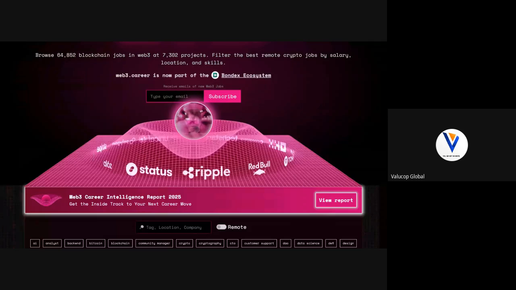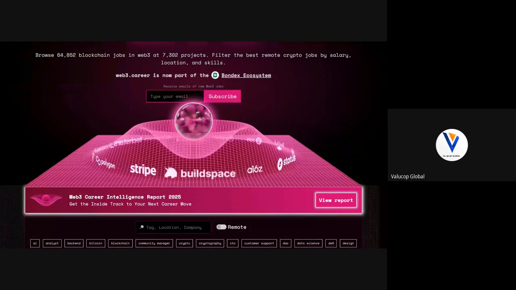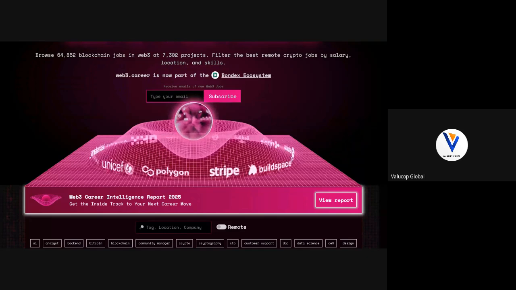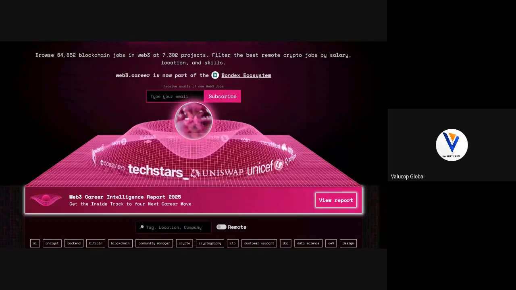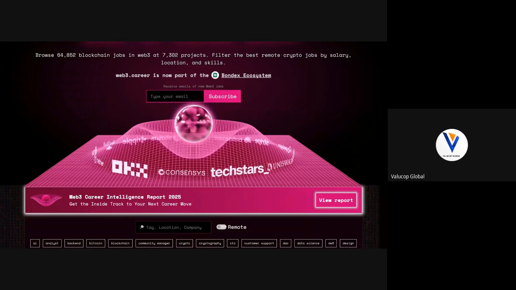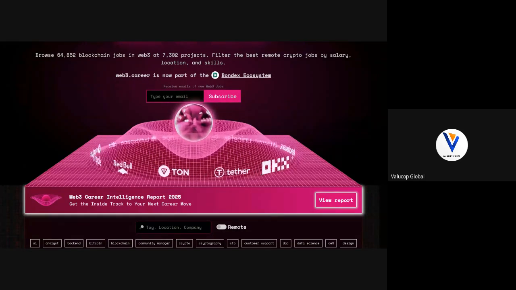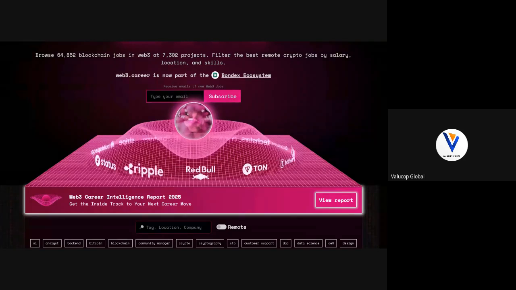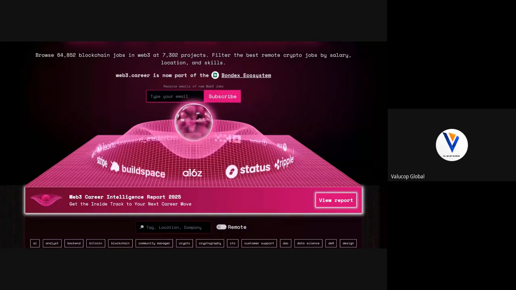This is actually the first step in getting a job: knowing what your strengths are, then upskilling that strength, and even doing what they call skill stacking to make your strength more attractive.